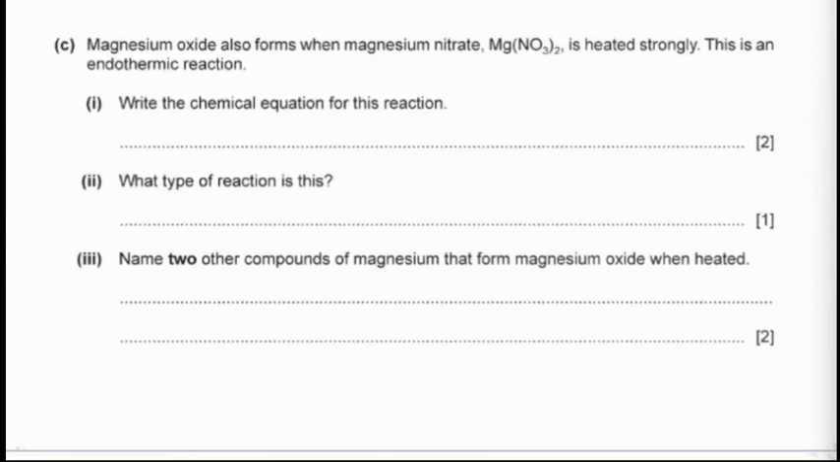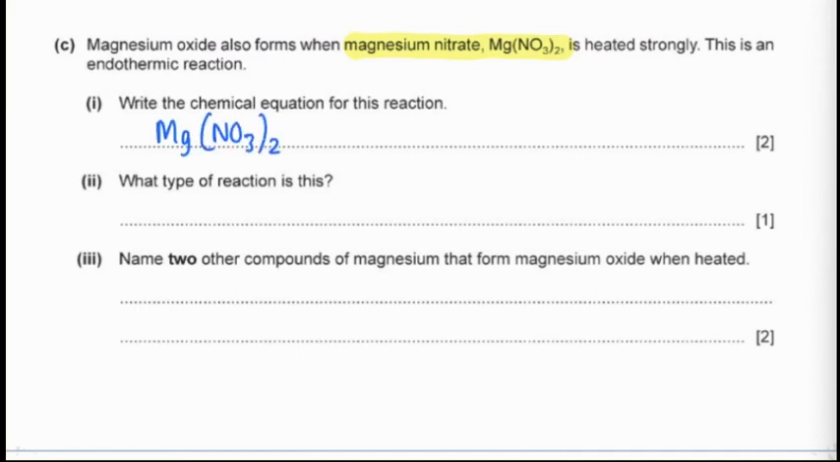Magnesium oxide also forms when magnesium nitrate is heated strongly. This is an endothermic reaction. Write the chemical equation for this reaction. Well, we know that all nitrates thermally decompose when heated. It's been kind enough to give us the symbol, or the formula, for magnesium nitrate, which is